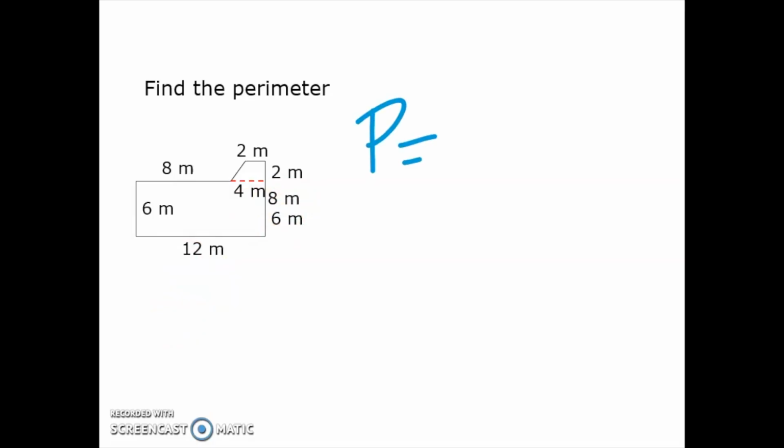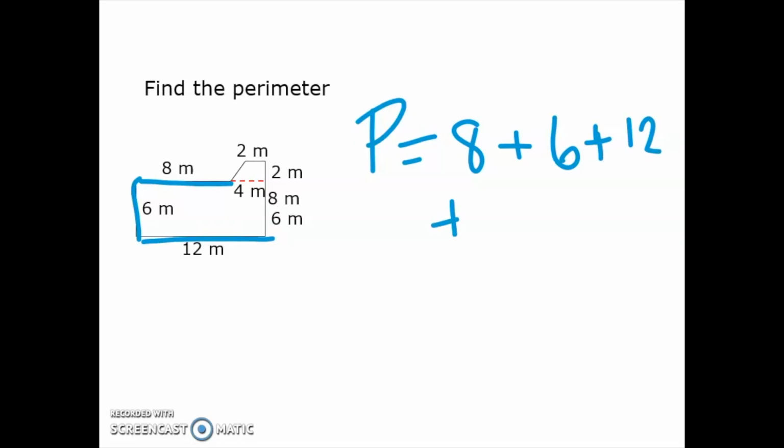We need to be really careful that we do not miss any of the side lengths because that's going to be really important when we're doing our perimeter. We'll notice that we've got quite a lot of numbers going on here, and some of them are even a little bit hard to see because they're a little bit smashed together. So I will help you with that. But one of the things I recommend when we're doing perimeter is that we simply trace the sides as we go. So here we go. We've got this side here, which is 8, plus this side here, which is 6, plus this side here, which is 12,